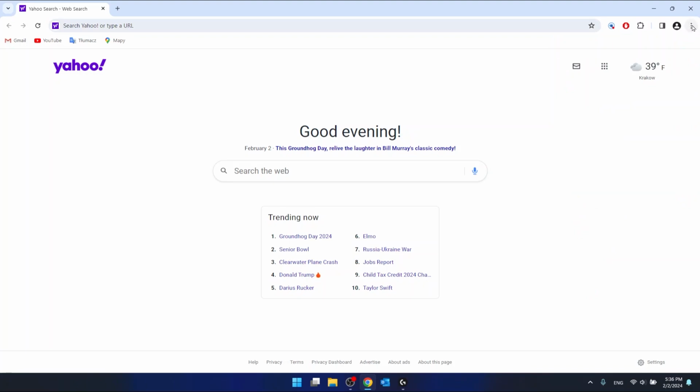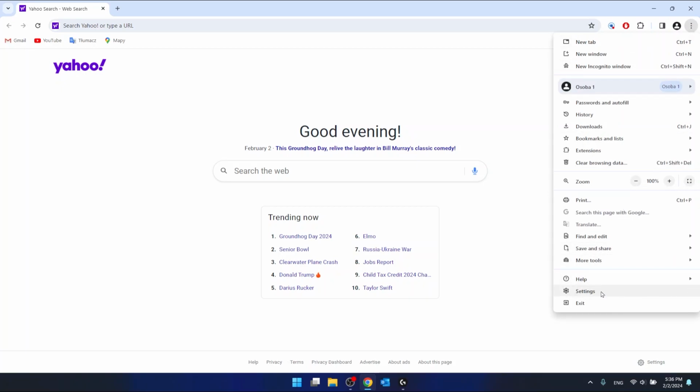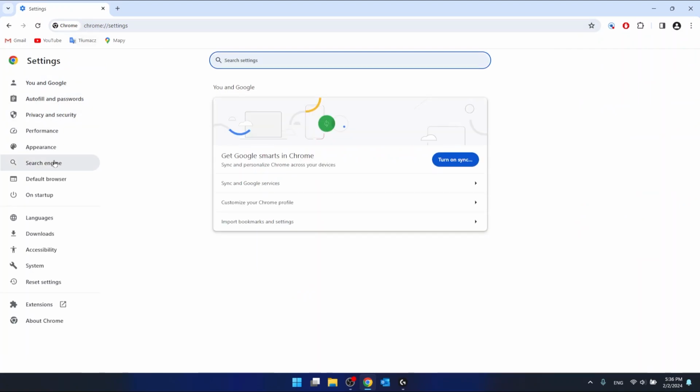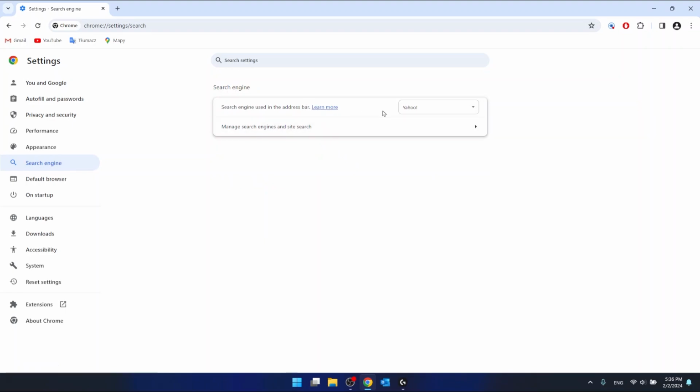you want to click these three dots right here in the top right corner, and then go to the settings right here. Then on the left side of the page, you are going to find Search engine. Just click on this one, and as you can see, you can select Google, Bing, DuckDuckGo, Yahoo, and Yandex. I guess you want to go with Google, so just select Google, and once you